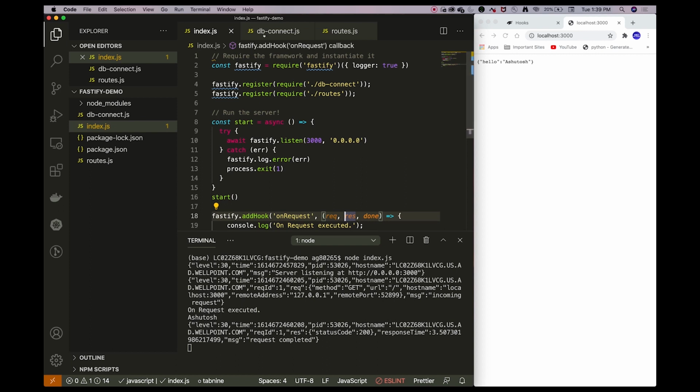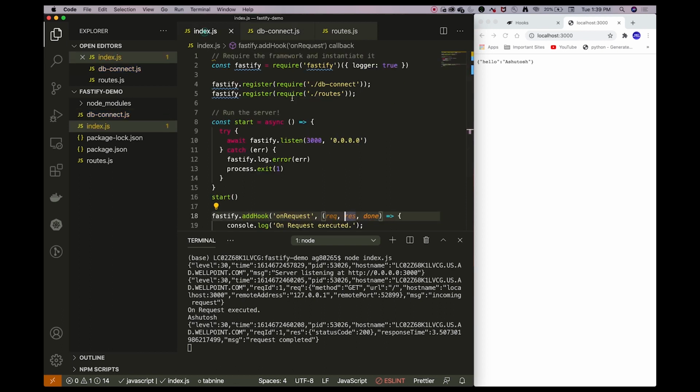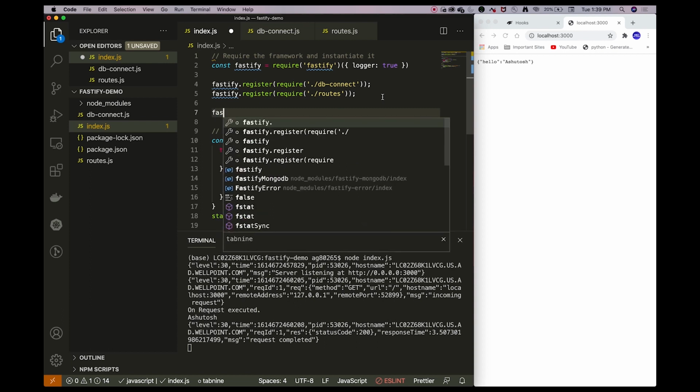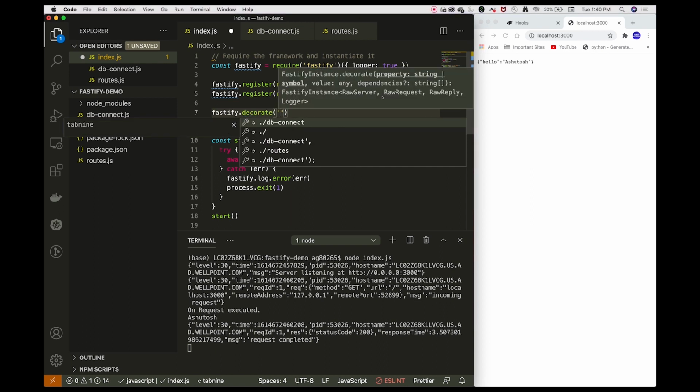So let us say we want to create a decorator for storing the information about our database. To create a decorator, Fastify gives a method called decorate, and this method takes two arguments.